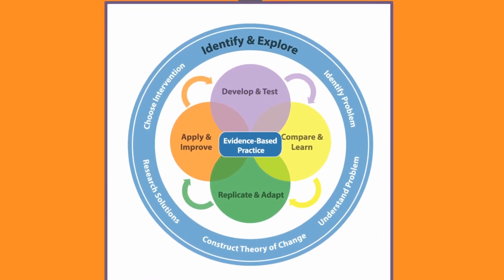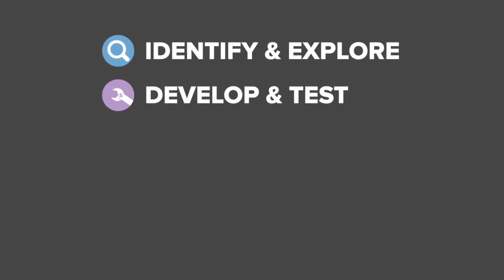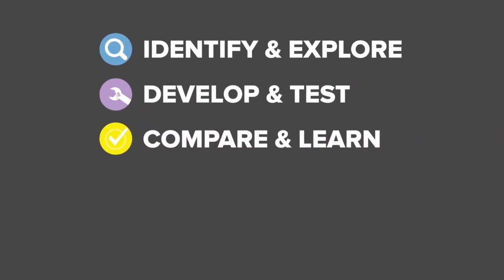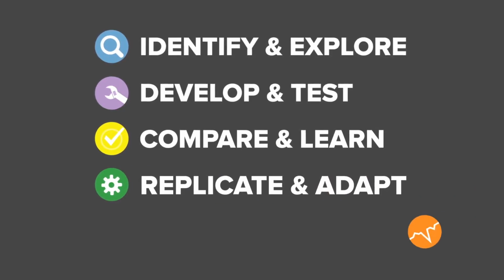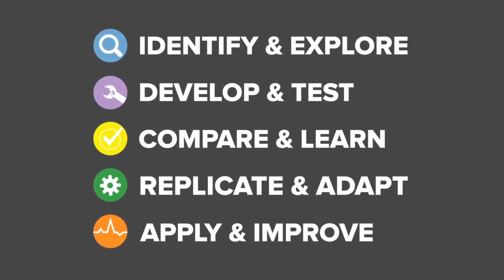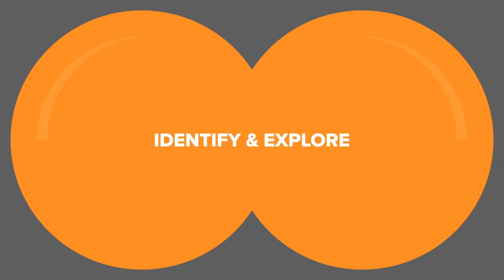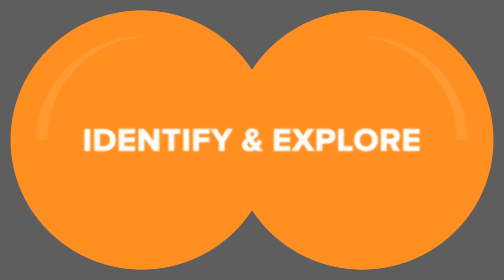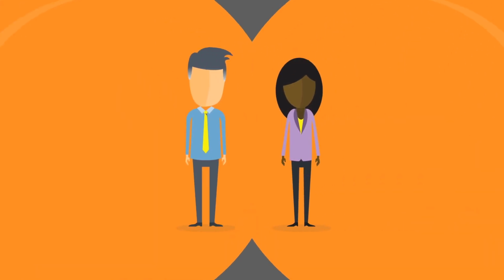In a nutshell, the 5 phases of the framework form a complete process that includes identifying and exploring a problem, developing and testing a solution, rigorously evaluating the intervention, adapting and spreading interventions that work, and applying, monitoring, and continuously improving them over time. In the second video, we presented the first of the framework's 5 phases, identify and explore. If you haven't seen those videos, it may be helpful to watch them before viewing this one, the third in